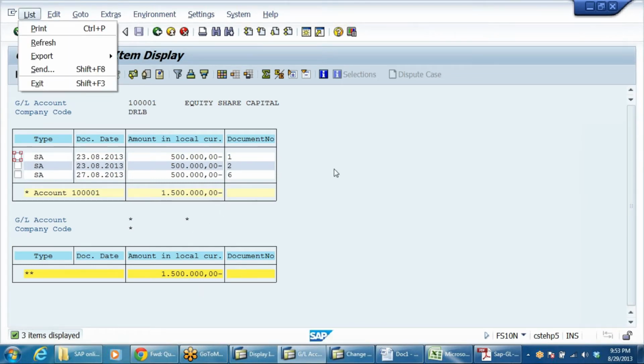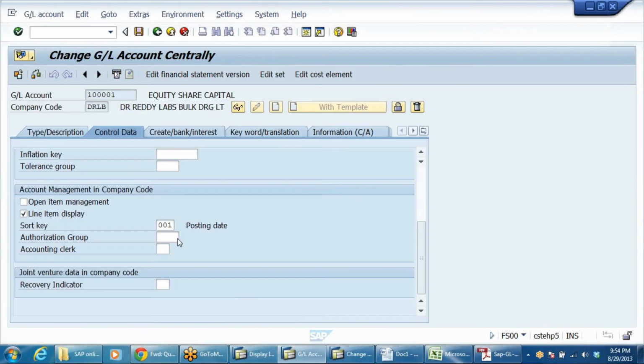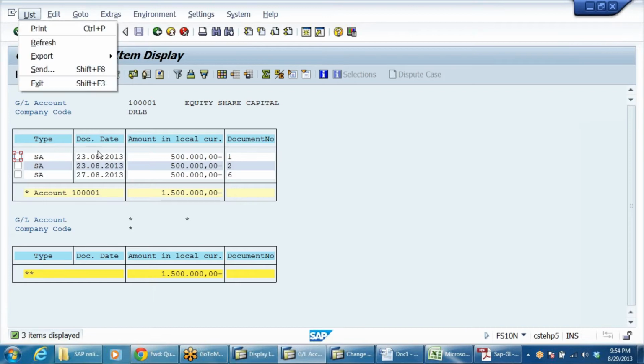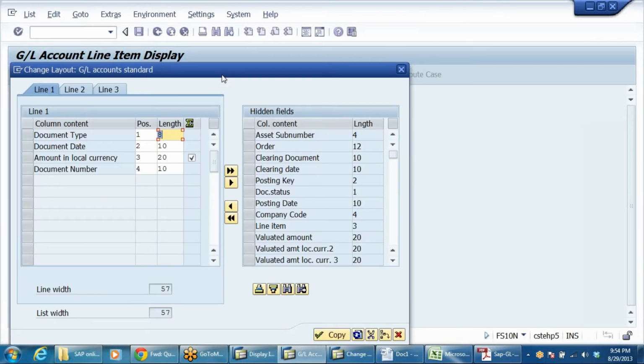And in which way should these line items be displayed? That is document date or posting date. Both will be the same here because both are same in our case. What I told the system, posting date I said, but even here the system is showing document date, posting date is not there. I want to have posting date here. Here there is a button called change layout. The layout means the way you are looking at the information. I want to change that layout. Here I want to have the posting date also.